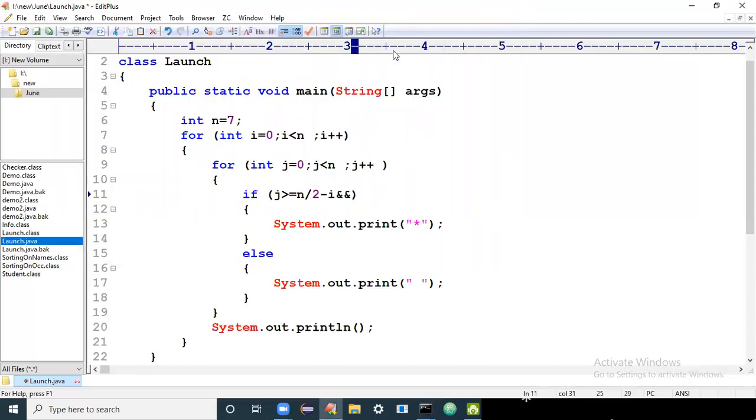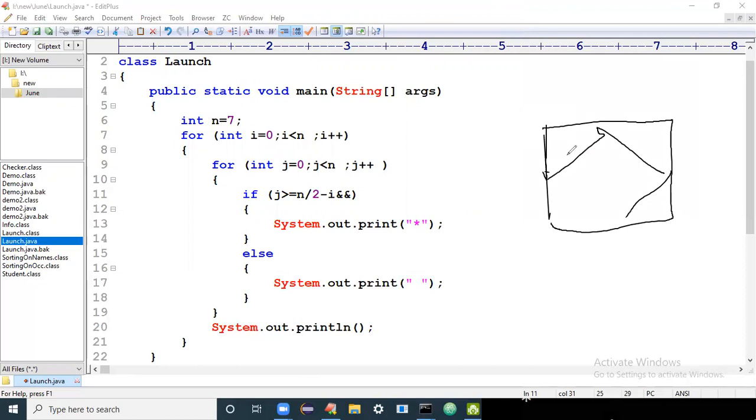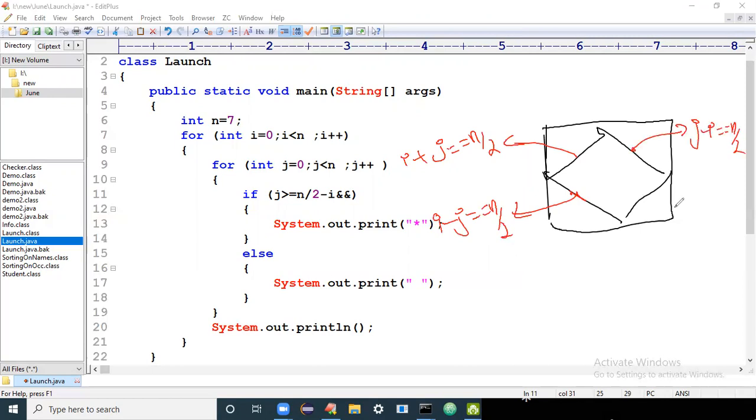I think it's better to draw here. Just watch here as I write these line equations. There are 4 lines, right? So what are the line equations of these 4 lines? This line equation is i plus j equal to n by 2. If this is i plus j, this line is i minus j equal to n by 2. If this is i minus j, this is j minus i equal to n by 2. And this is i plus j equals n plus n by 2 minus 1. This is what you have to remember. From what you have to remember, you have to change it, right? Plus i goes that side.